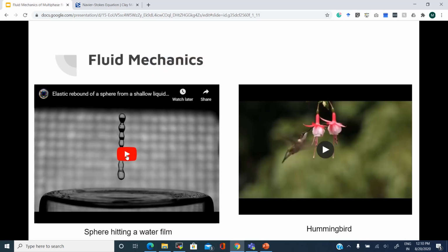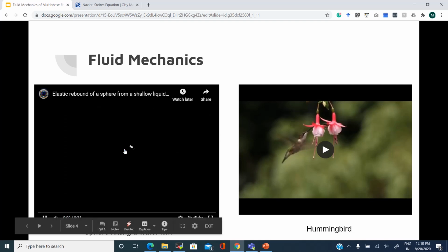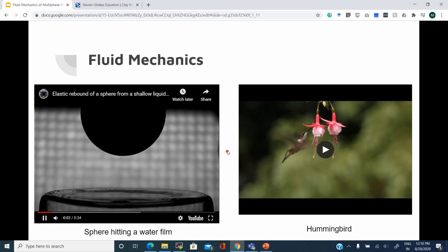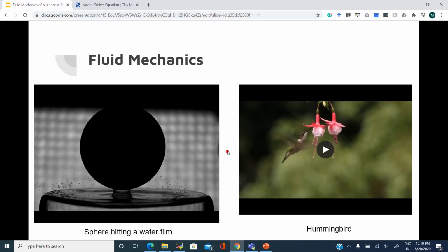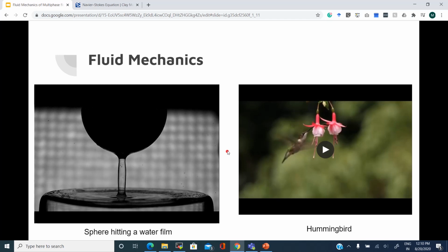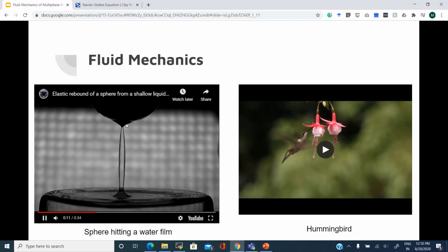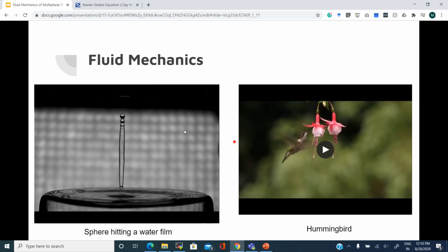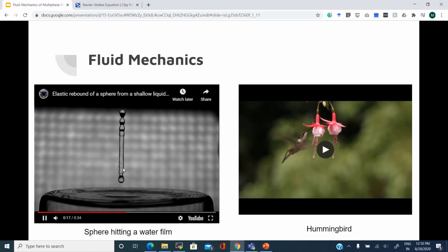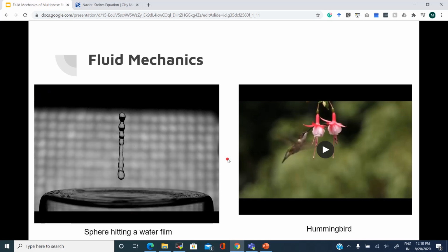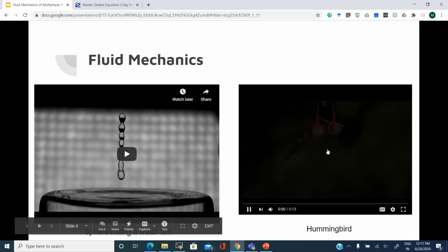I'll show you a few videos of experiments in slow motion. This is a solid sphere colliding with a pool of liquid, and you can see there is a column of liquid that follows the sphere, and then there is some disturbance, some wave pattern, and then there is some breakup. Okay, so all of these things can be understood using the equations of fluid mechanics. We'll see that later on.